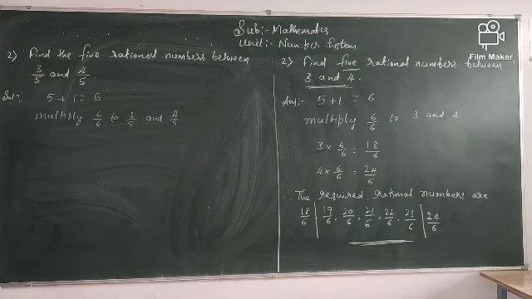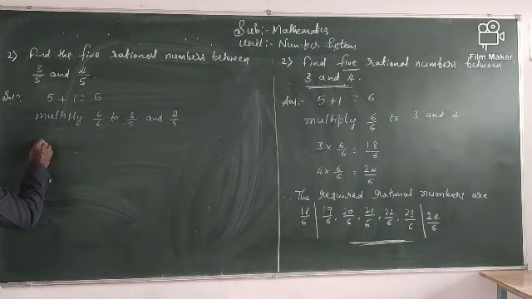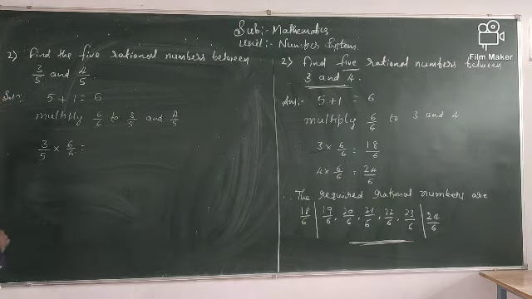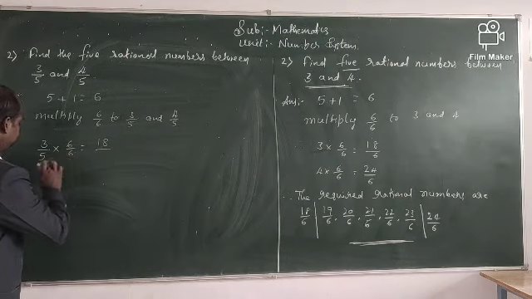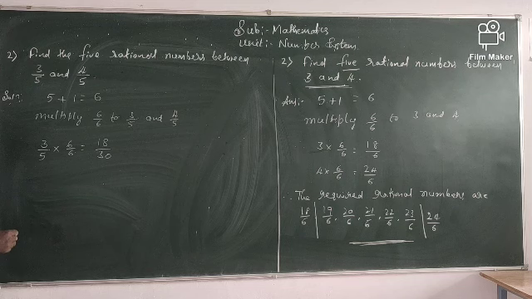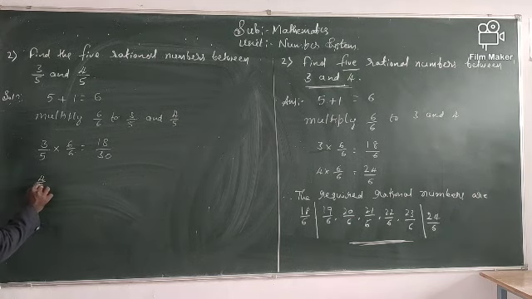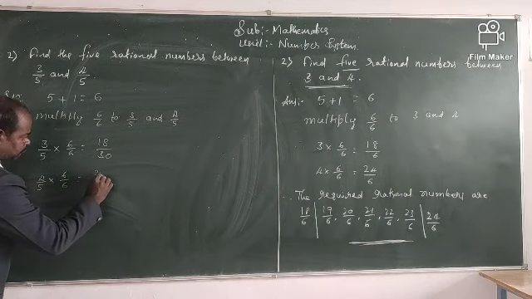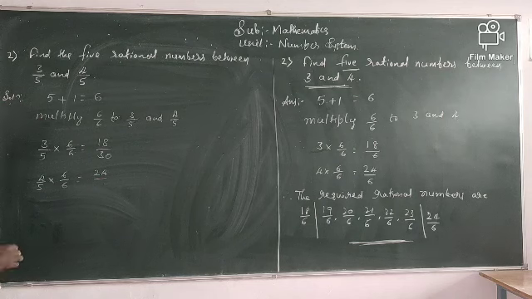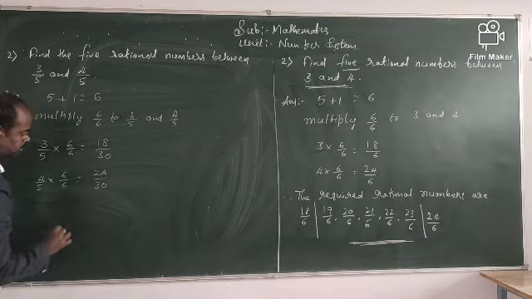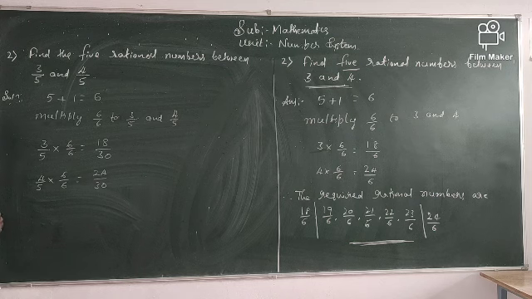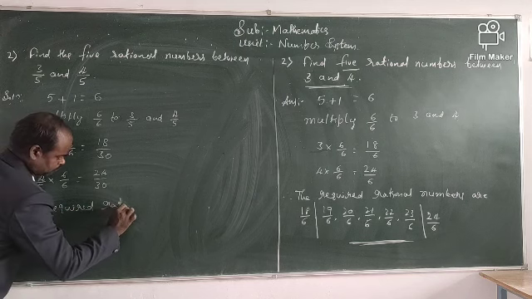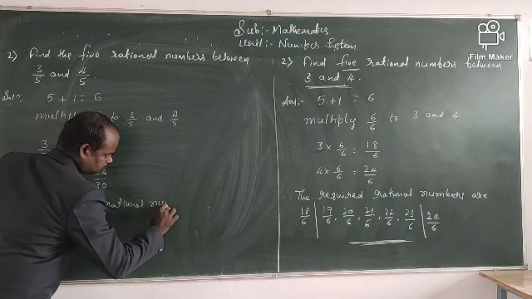Then we will get, look here children, the given problem is 3 by 5 into 6 by 6, which is equal to 3 sixes are 18, 5 sixes are 30. Next, the second rational number is 4 by 5 multiplied by 6 by 6. 4 sixes are 24, 5 sixes are 30. Okay. Now, therefore, the required rational numbers are